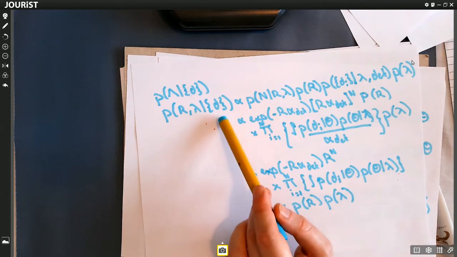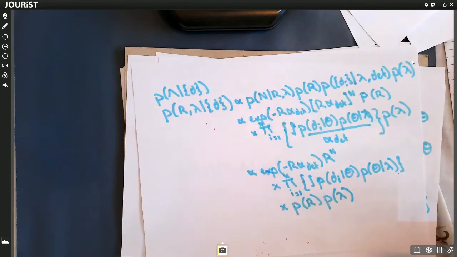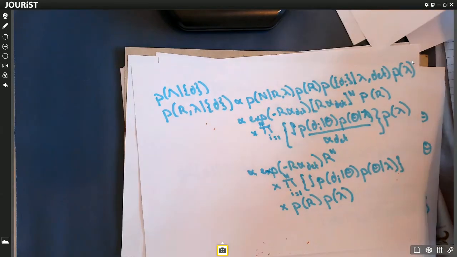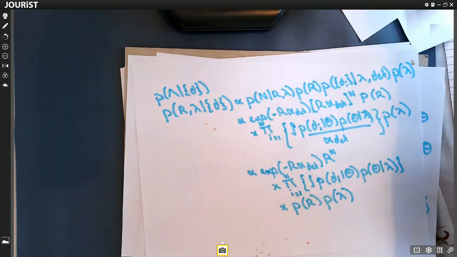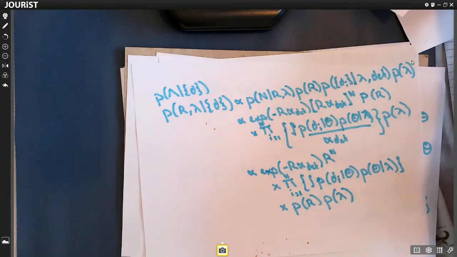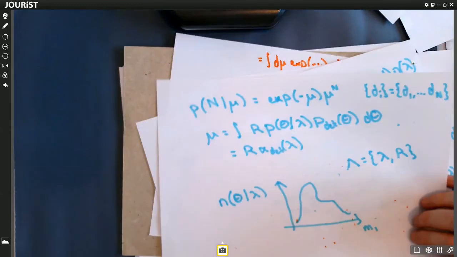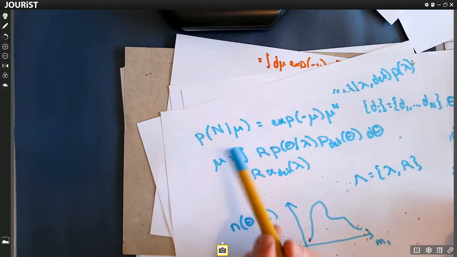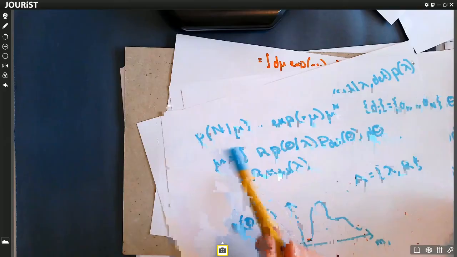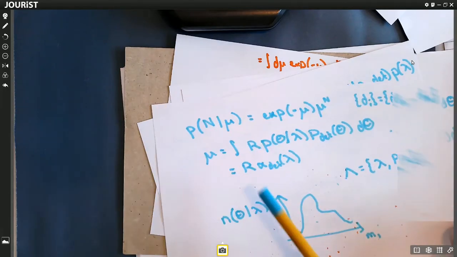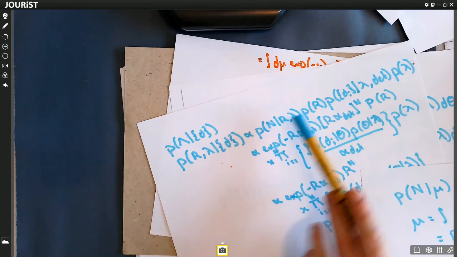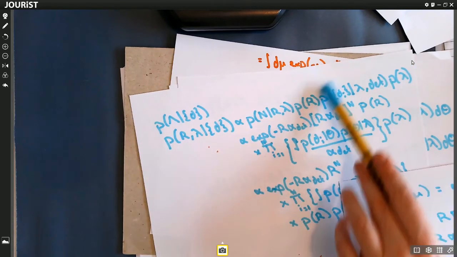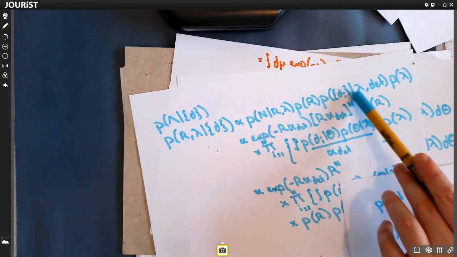This has two components. One, something that looks like a Poisson distribution, which gives us the rate information. Okay, what's the probability of getting this many detections given the expected number of detections? Here we calculate the expected number of detections. We work out it's proportional to alpha det with this crucial bit of extra information, the rate, which is the information we want. Okay, so we can calculate this bit, and here is our probability of getting these detections given our shape parameters, which is what we calculated earlier.